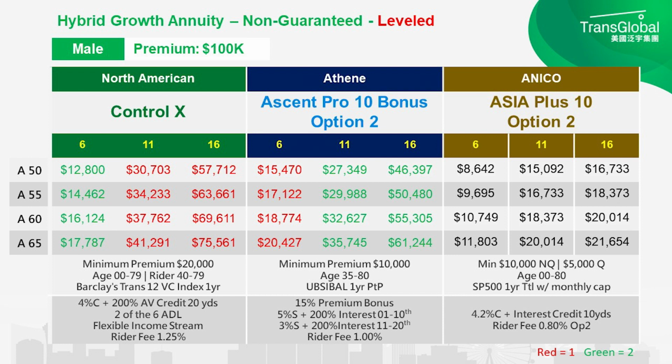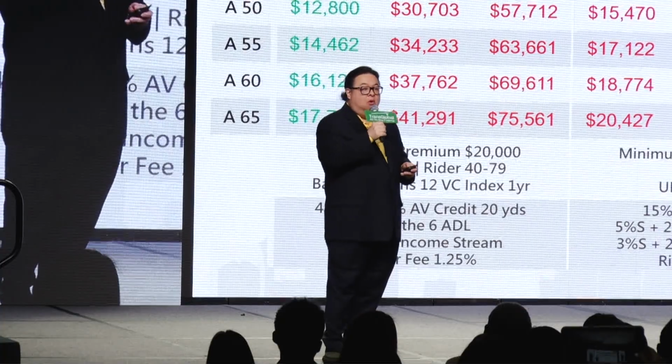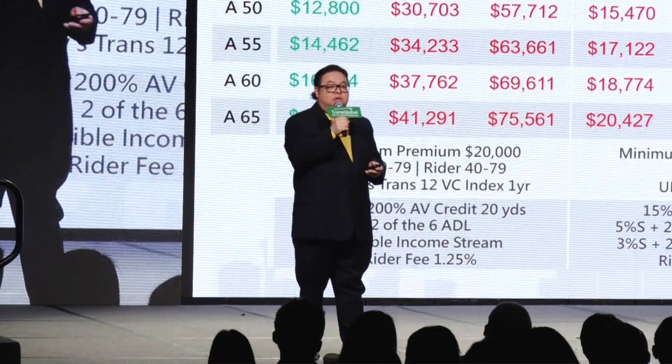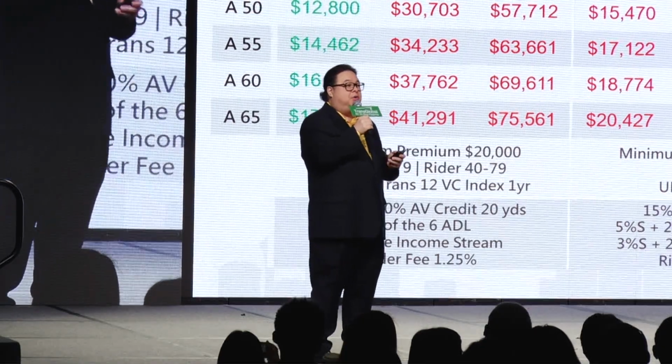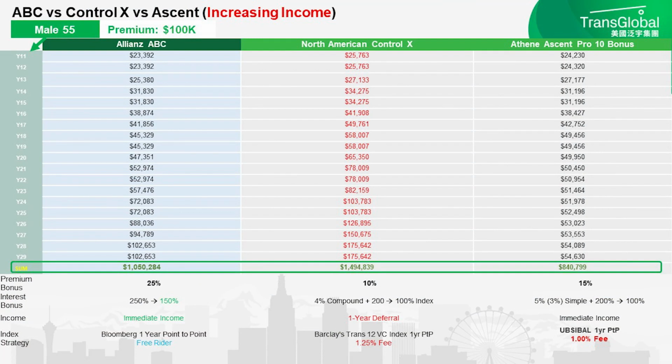They can all do level. They can do hybrid growth, leveled income, or hybrid growth, potential growth income. So let's see the hybrid growth, potential growth income comparison. Okay, in this case, North American Control X will be the winner. Allianz ABC lost a little bit, but